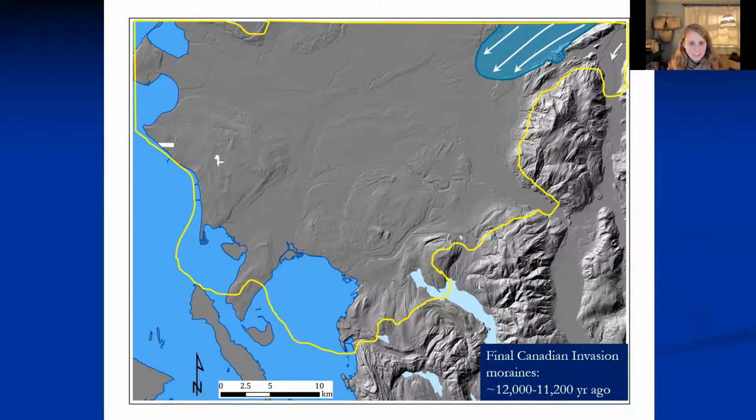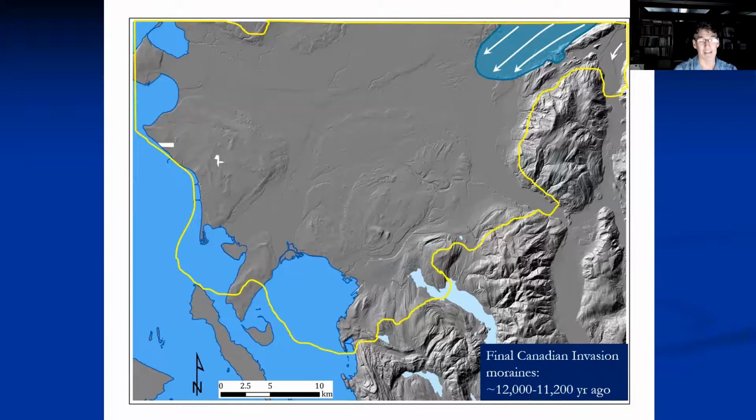So Rich is just asking for a follow-up or a clarification because he missed the beginning. What was the estimated range of ice thickness near Bellingham and Puget Sound? Yeah, so for Bellingham, the general thinking is that it was around 2,000 meters thick or so at the maximum of the Puget lobe and Juan de Fuca lobe. This is north of their divergence there. So the ice sheet when it was at its maximum coming through Bellingham was probably close to 2,000 meters.